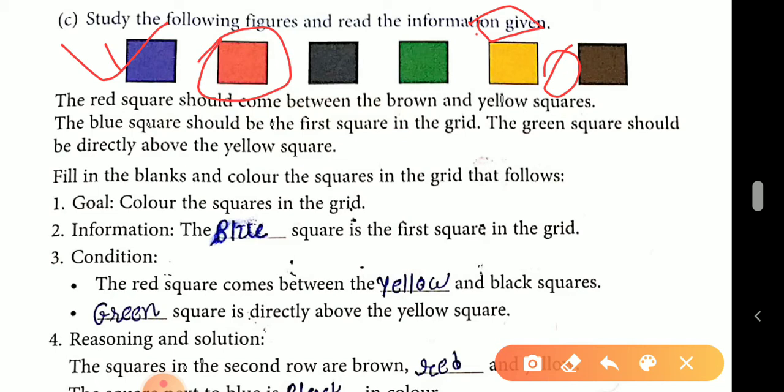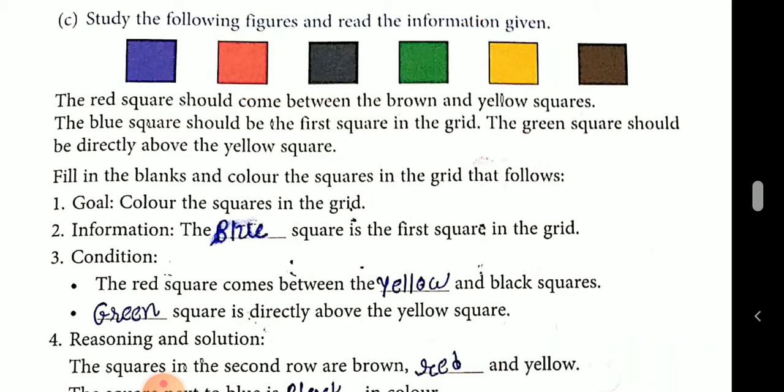So here your goal is to color the squares in the grid. And above I give this condition and you can write your answer from this condition. So here information. The blue square is the first square in the grid. So here your answer is blue